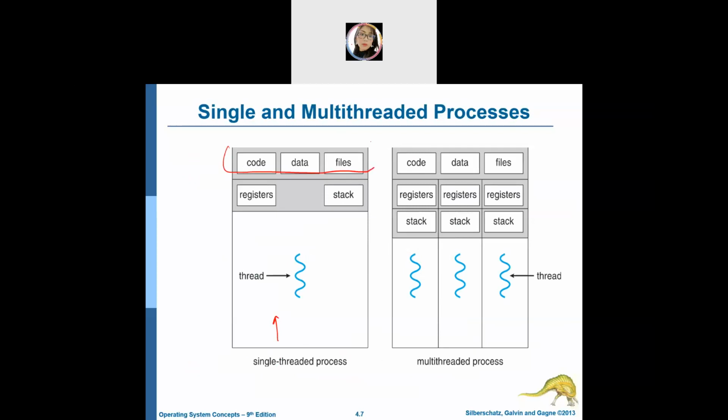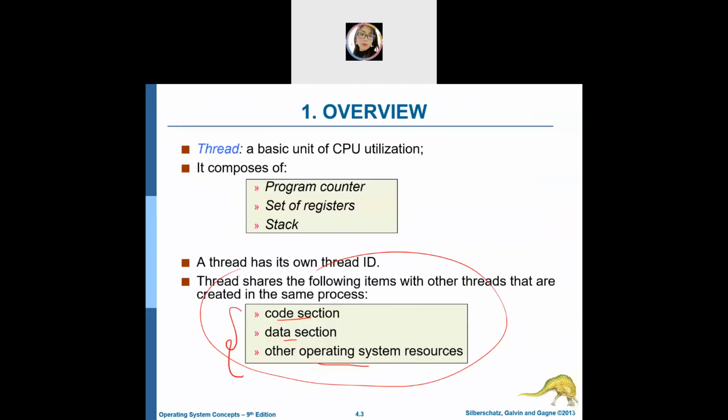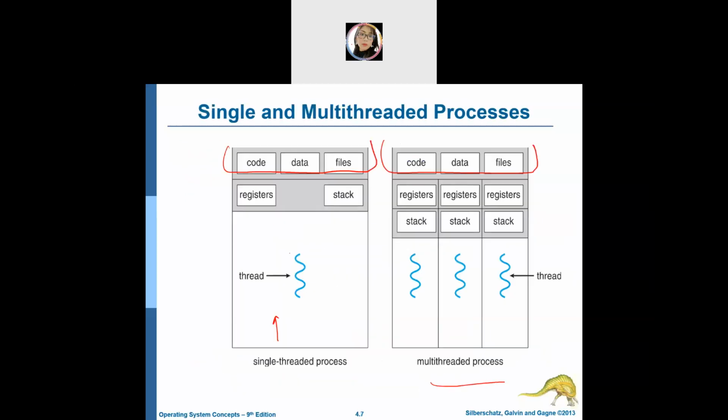Compared to the multi-threaded process, you're going to have a similar thing, which is related to these 3 points that you share with all the threads. If you have a single thread, you have only one register and one stack for one thread. But when you have multiple threads, you're going to have each thread